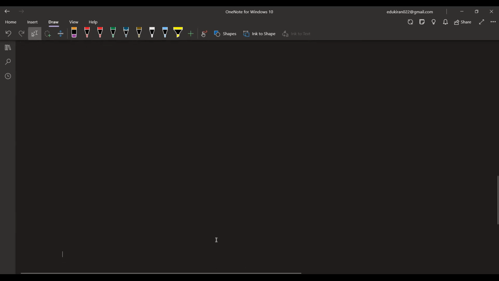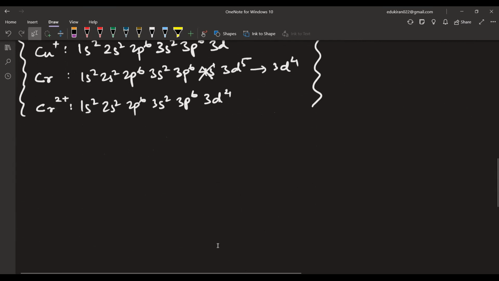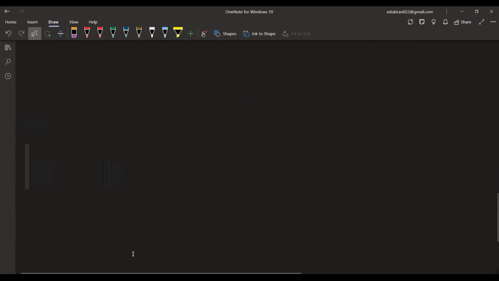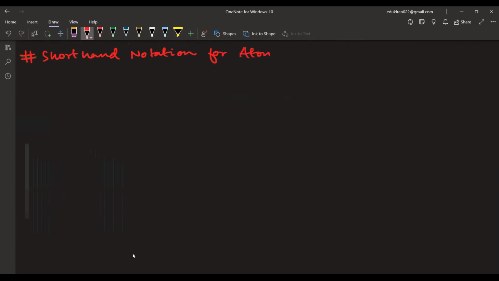Okay, so see, this is the only thing that was to be done, and now there is a shorthand notation that you have to know for writing any atom or ion. Okay, so please write shorthand notation for atoms and ions. So if you have any atom X, okay, please write it very big. Any atoms X, then